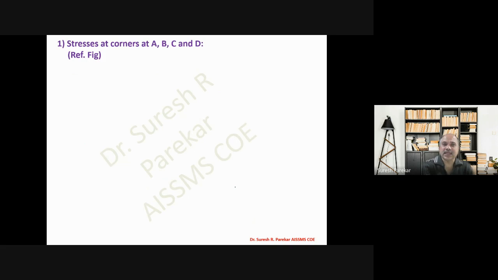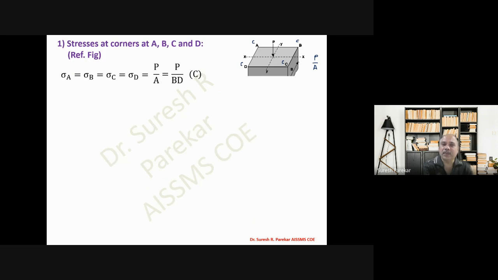Now we will see the stresses. Just I have shown you. So now we will go with first. So I already mentioned this. We have eccentricity zero when we have column that is at centroid, and therefore in this we have on all corners compression stresses, and formula we have simply, sigma is equal to P by A. So we have this will be sigma A, B, C, D, P by A equal to P by B D. So we have this distance as D, and we have this distance as B.